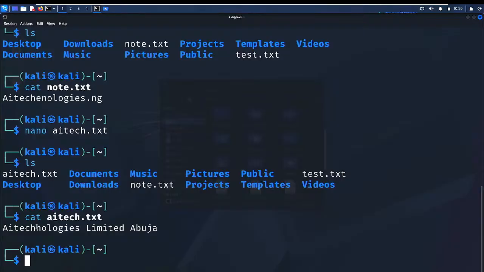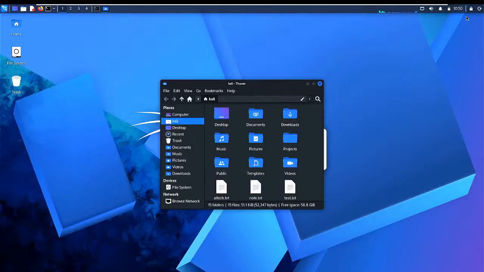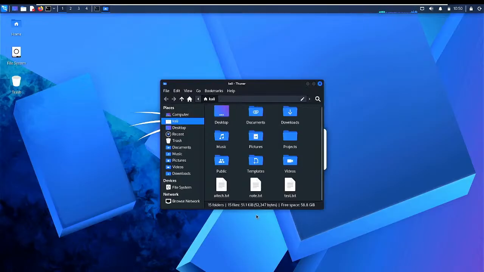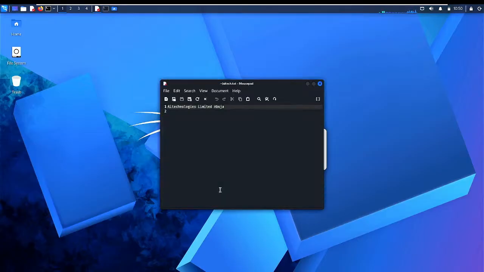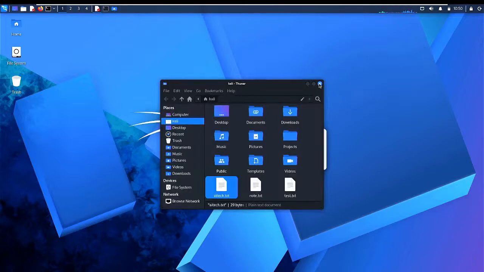So before we go, let's do another practical. Are we aware of this word steganography before? Okay, going to see it. So to see it on your GUI, I minimize this. You can see all the files I created. See the aitech. And if I click on it, it opens. Clear, right?